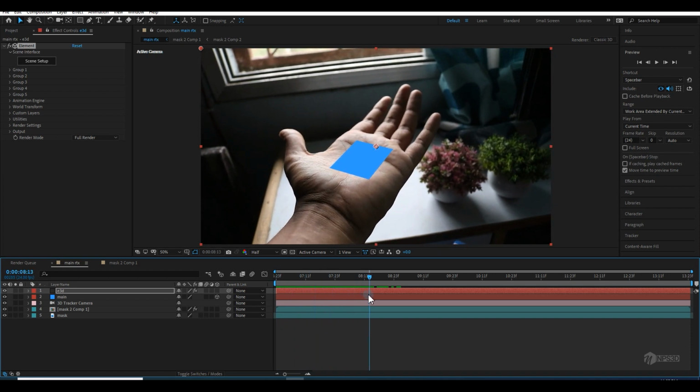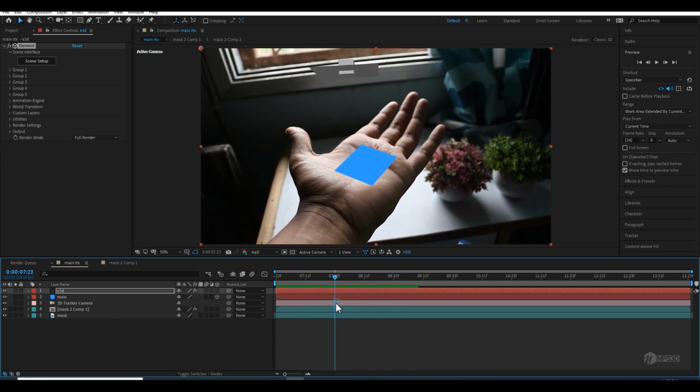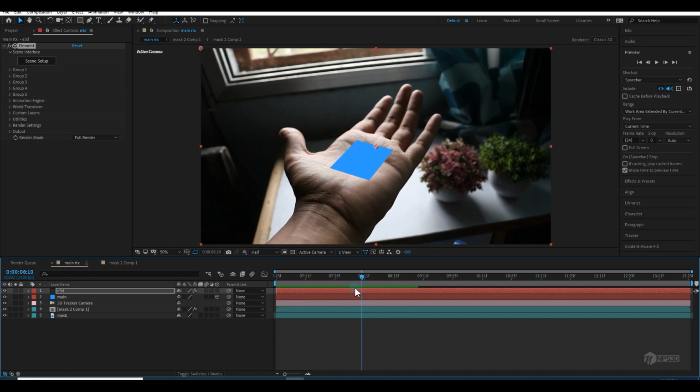I will put a link in my video description. Some guy made, I just forgot his name, a free script which normalizes your scene, so your 3D object will be in the center of your footage. You can do it manually, but this time I'm not going to normalize my scene.